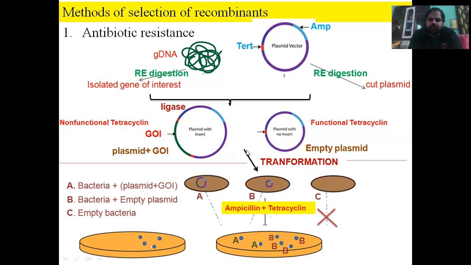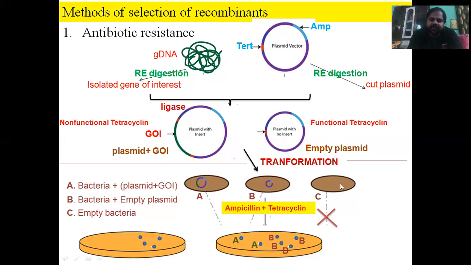Then what we will do, we will utilize one of the transformation methods. We have already discussed the transformation methods, so we will utilize one of them. After transformation, we can get three types of bacterial cells. You can see here that there are two types of constructs, and both of these constructs will be transported into the bacterial cell. Then we will get three